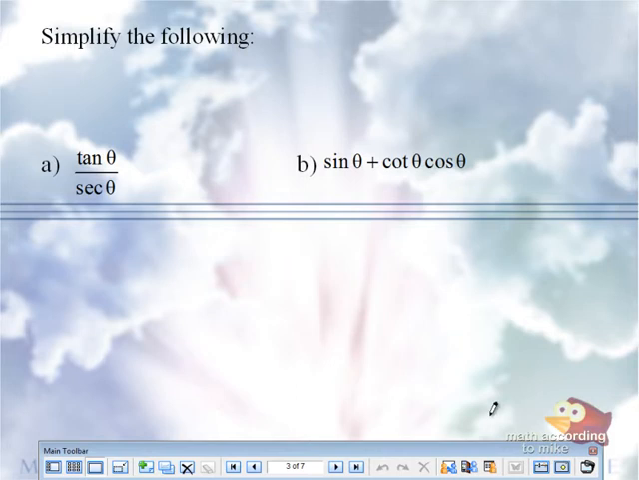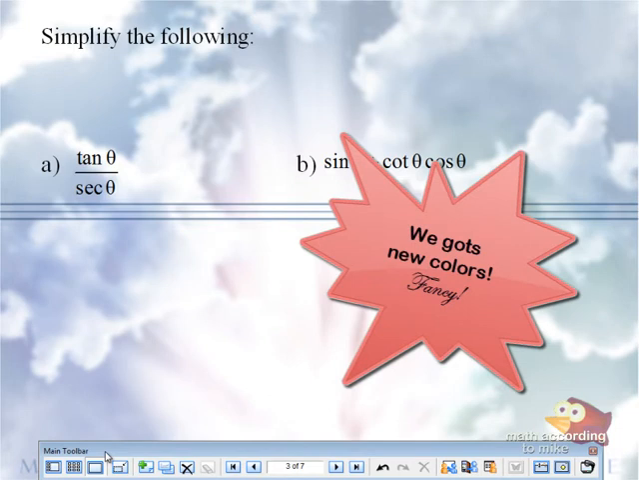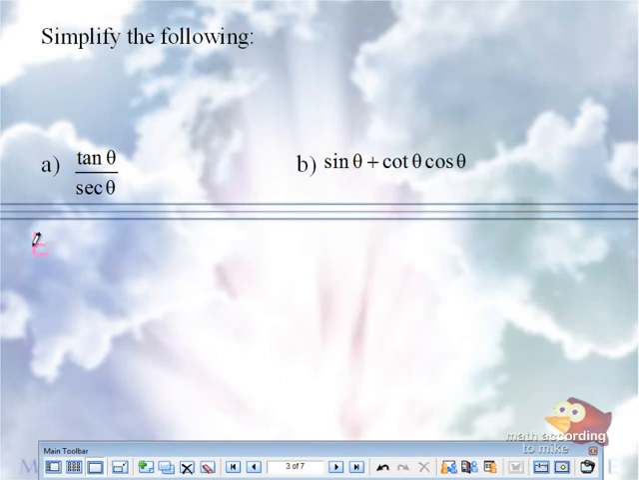Tangent of theta over secant of theta. Should we use one of our new colors? Tangent of theta over secant of theta. There are some tricks to the trade on how to simplify it. Typically, one of the tricks is to write everything